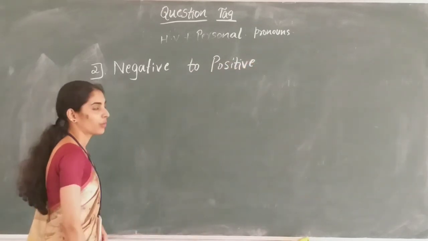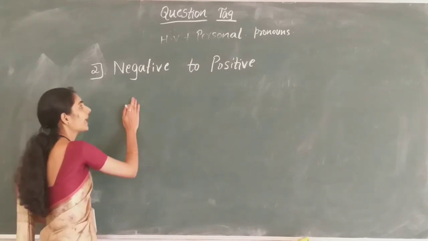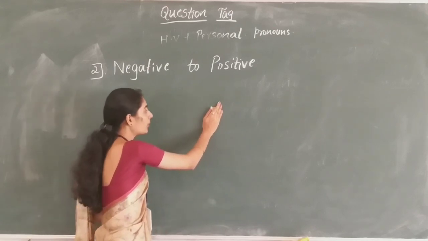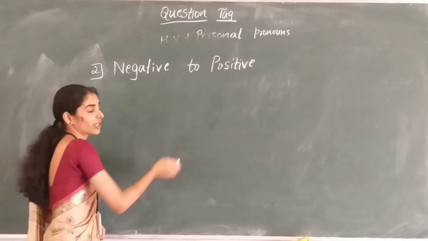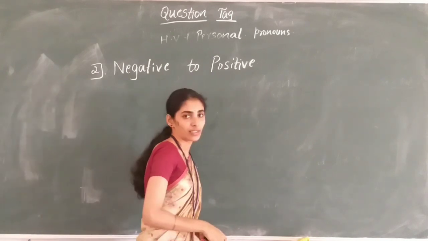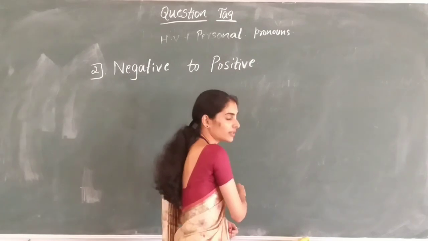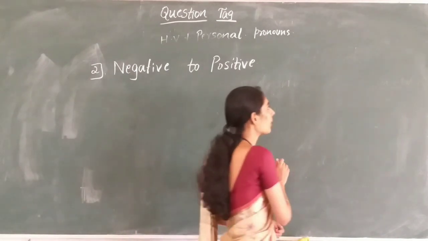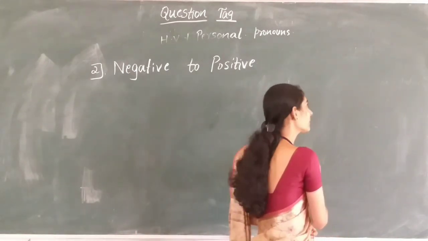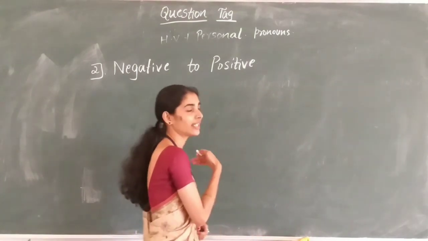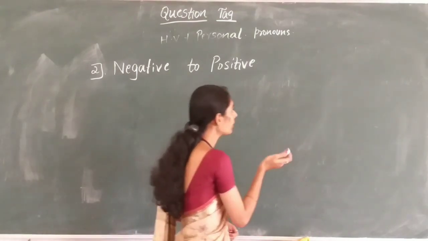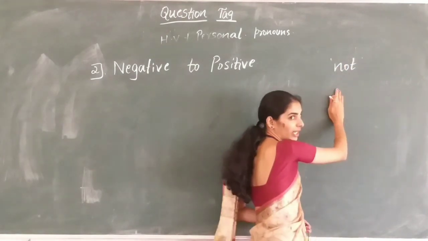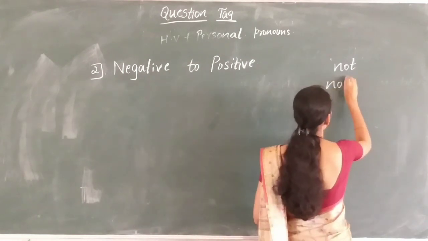Negative to positive, which means if the statement is negative, then the tag must be positive. How do you identify whether the statement is positive or negative? With the words that I told you, there are a few words which make the statement negative. So you have to remember all those negative words. Otherwise, it becomes very difficult for you to make out whether the sentence is positive or negative. So what are those words? The first one is not. You're all familiar with this word, which is negative. And then we have nothing,